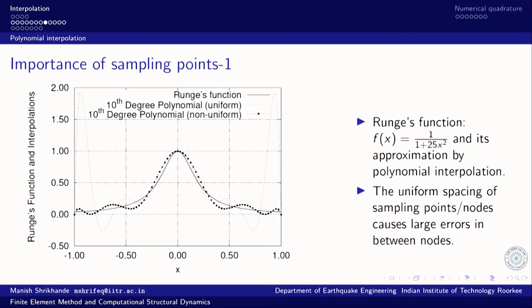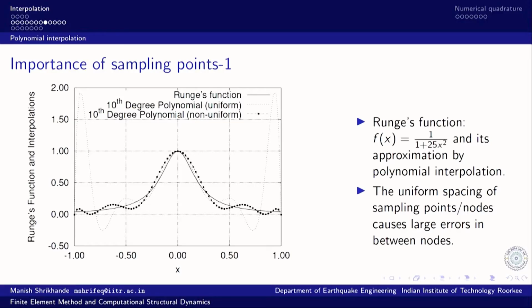Higher degree polynomials as an interpolation function for function approximation are not necessarily a good thing. I picked this particular example just to highlight this point, that higher degree polynomial interpolation is not necessarily the best thing. Very soon we hit the law of diminishing returns. The Runge function that I used here is 1 over 1 plus 25 x squared, and we approximated its values by polynomial interpolation.